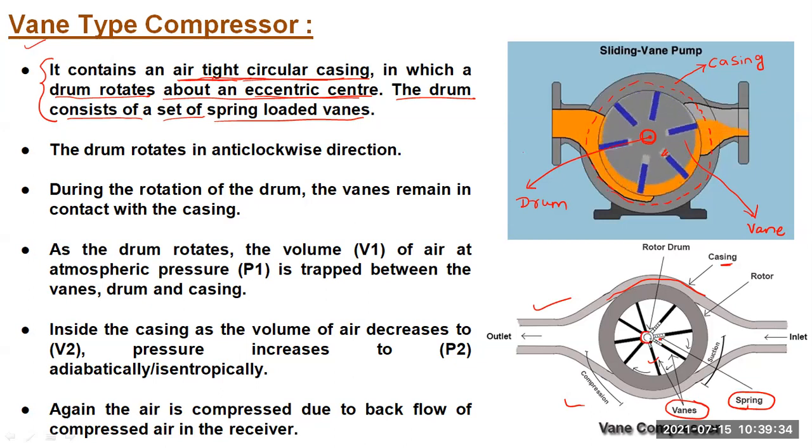So inside this is the drum. This rotating part is the drum. Okay, with this drum, the spring is attached. I will show you a video also. With this drum, the spring is attached, and with this spring, these vanes are attached. In this diagram, this circular part is the drum, this white color part is the spring, and this blue color part is the vanes. Okay.